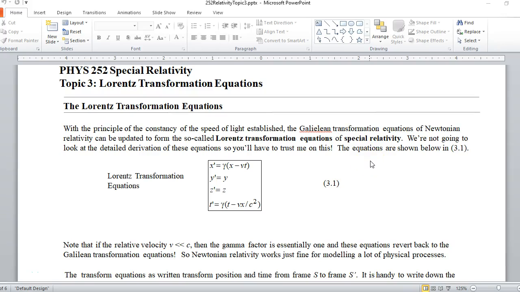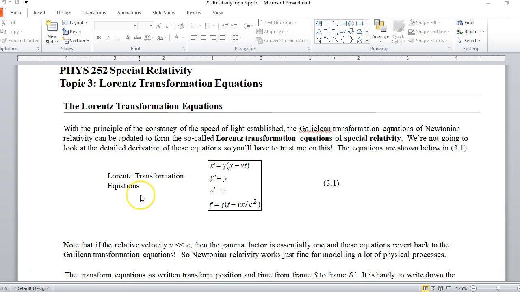Okay, guys, topic 3 in special relativity, the Lorentz transformation equations. So we're not going to actually derive these in nitty-gritty detail. It's a neat derivation, but it takes too long. So you're going to have to trust me on this. If you include the constancy of the speed of light, the transformation equations look like you see in equations 3.1